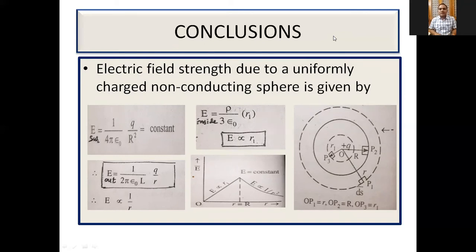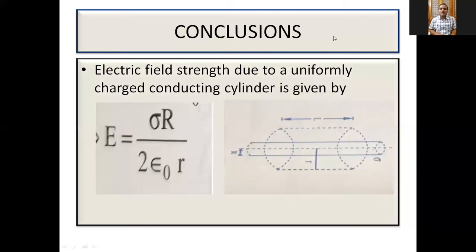After this, we covered the electric field strength due to a uniformly charged conducting cylinder. Here you observe that the flux doesn't come out through the circular faces; only the curved surface area lets flux out. Because it is a conducting cylinder, the electric field strength inside the cylinder is 0 at every point. At the surface, E is maximum. Outside of the cylinder, we derived the formula for E.